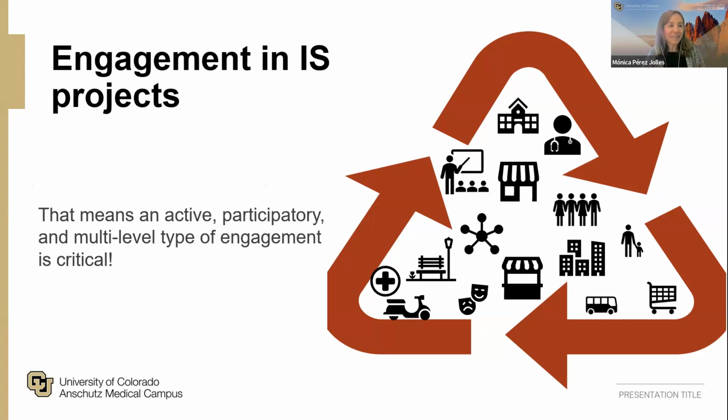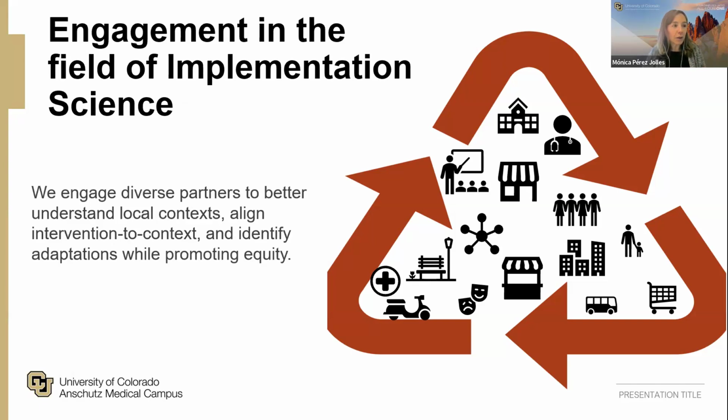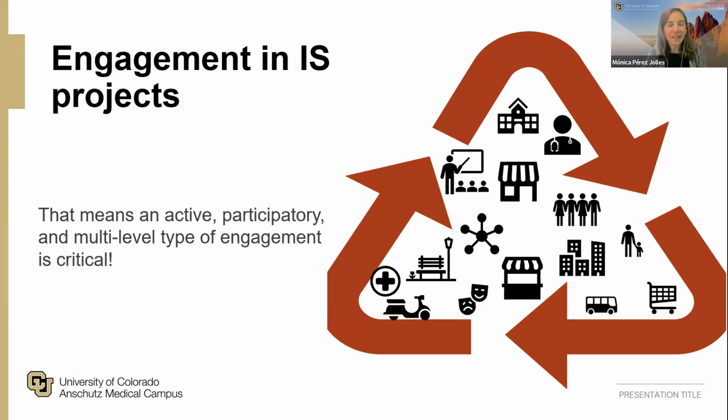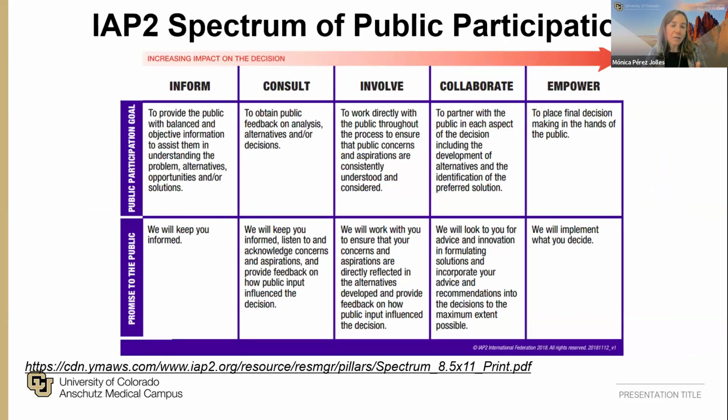So what I'm arguing, and hopefully you will agree, is that in order for us to reach this goal in our field, we really need to include our partners in a way that is going to allow us to understand those contexts. So the type of engagement for your projects in research, for example, D&I, really needs to align with this goal. And that means one approach is not the only one, if you think of engagement as a continuum, and there are several models or tables that